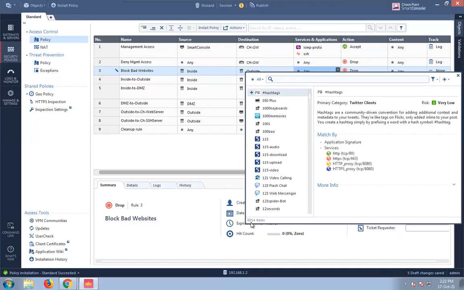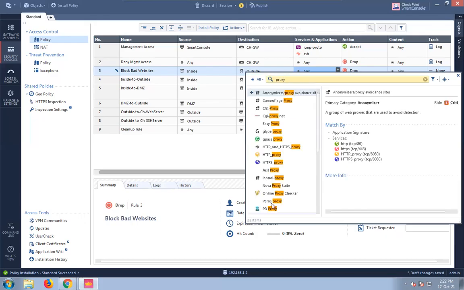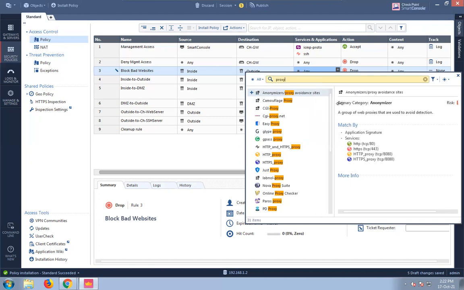So now I can search for any URL that I want to block. Let me search for proxy. So see, guys, if I select this, that is what is selected by default. The category is anonymizer, and it matches by the application signature. Now when you search for proxy, you have a proxy application. So this is an application object. But if you scroll down,